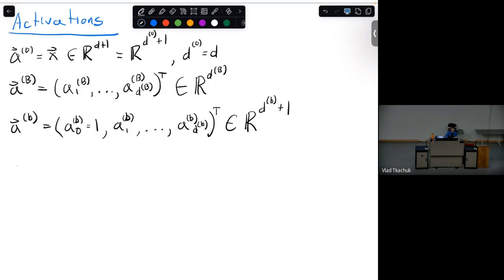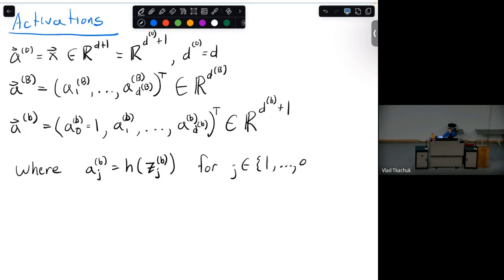Okay, what is the definition of these? Quite simple. It's like we've seen before. So the activation at layer B of activation J is equal to an activation function H applied to the dot product, this linear function Z, which we've defined above, which is called the pre-activation. And the pre-activation at layer B, index J. Okay, and this is for J again, for all of the indices at that layer. So 1, 2, up to how many activations there are at the layer D of B. Okay, so this is really all the terms in this neural network.